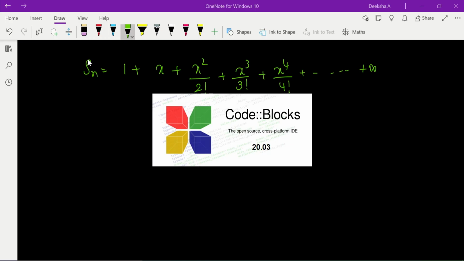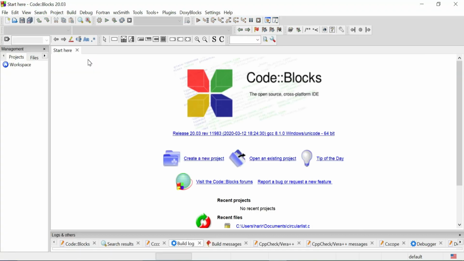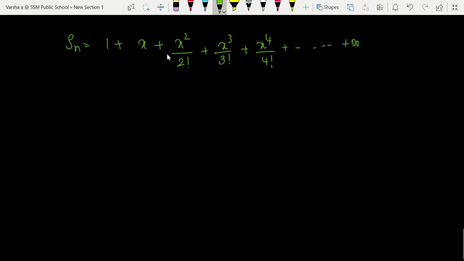Here I am going to use two functions. One is to find power, another one is to find the factorial. See here, the numerator is a power function, the denominator is a factorial function. There is one power function in the math.h header file. If you include math.h, you can use pow(x, y), which gives you the answer of x power y. So if you want x square, you can write pow(x, 2) or pow(x, 3). That gives you x square or x cube.